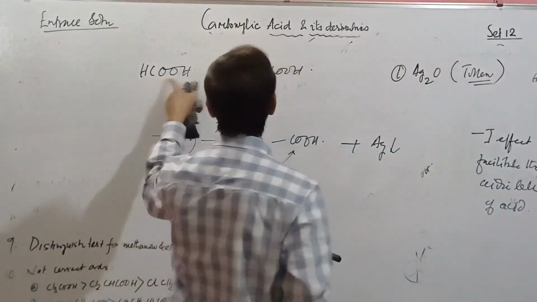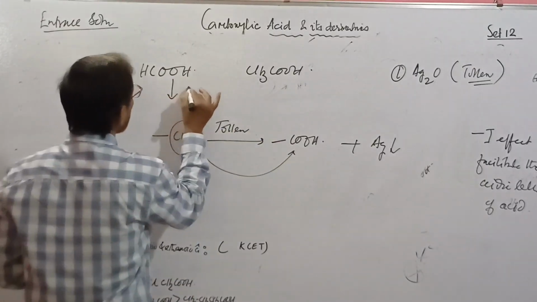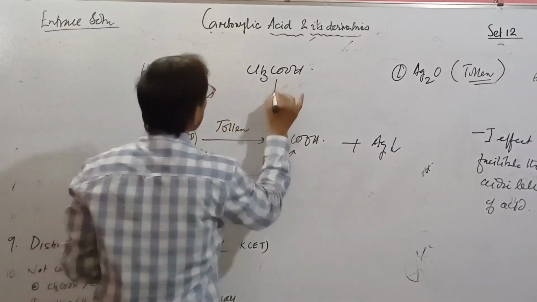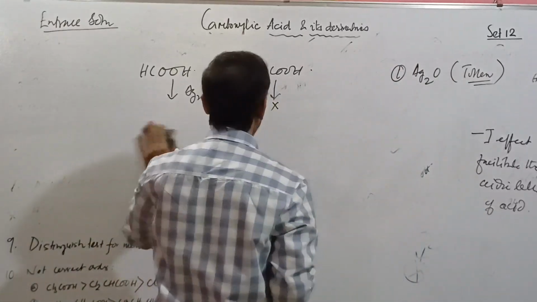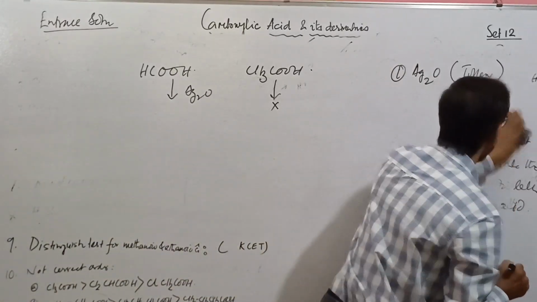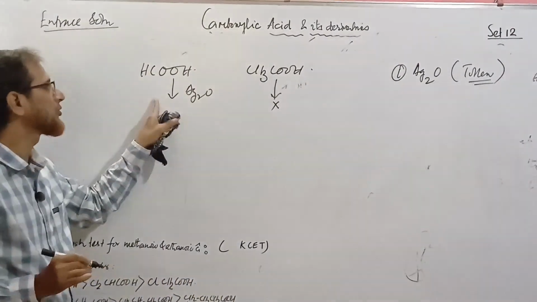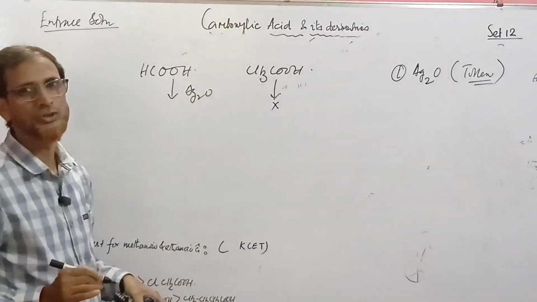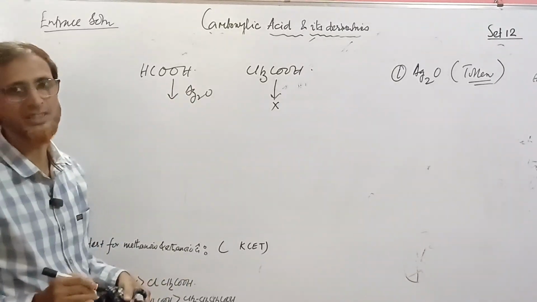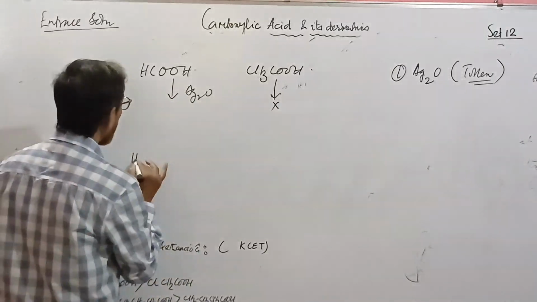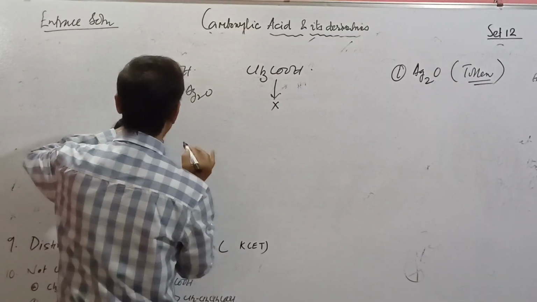But how can you distinguish these with Tollens' reagent? Answer: this reacts with Tollens' reagent, but this does not. Now, when the answer is given in this way, you will wonder how, since there is a CHO group here and no CHO group there, Tollens' reagent gets reduced, or it will be oxidized further. COOH cannot be oxidized further. Am I right? So the style of writing this one is,